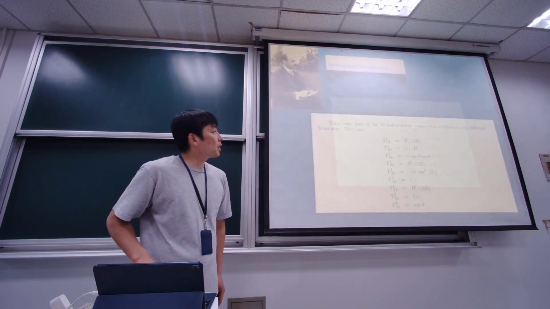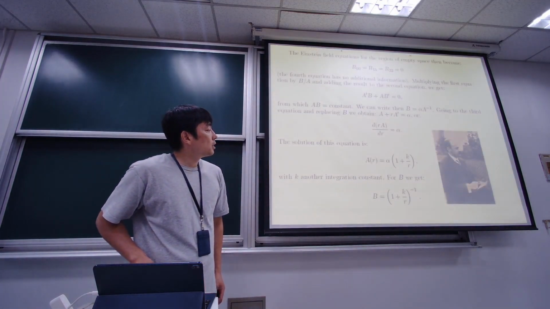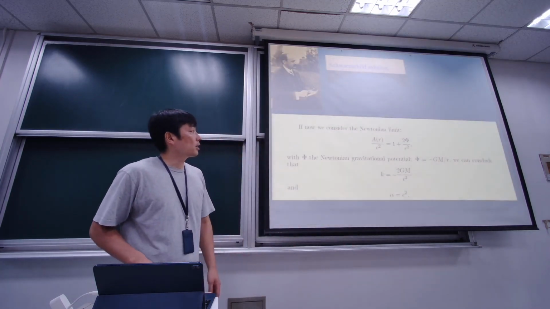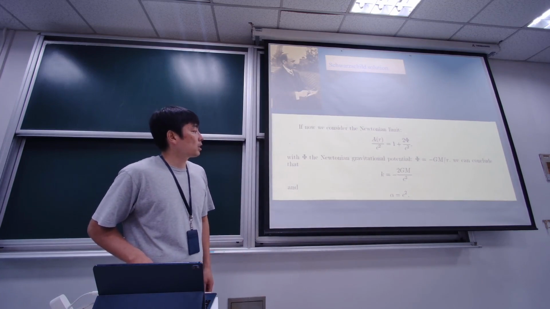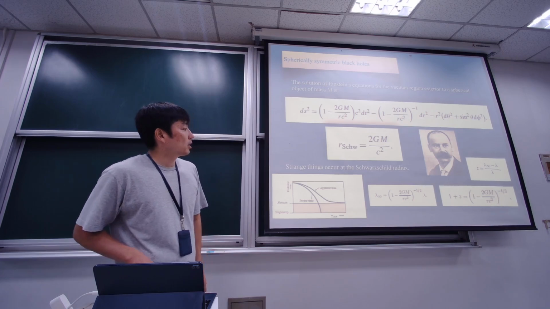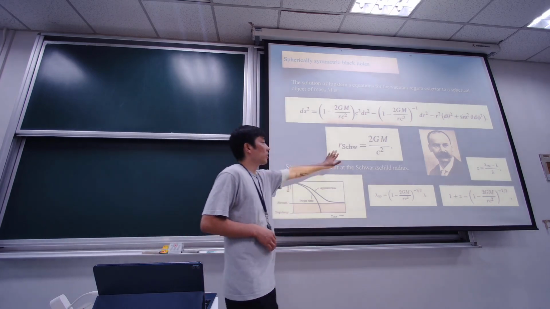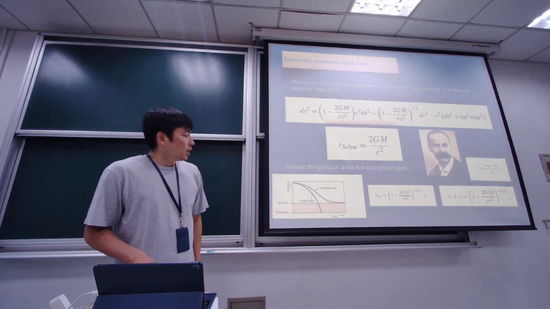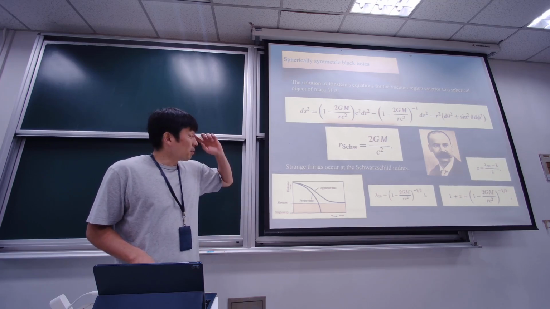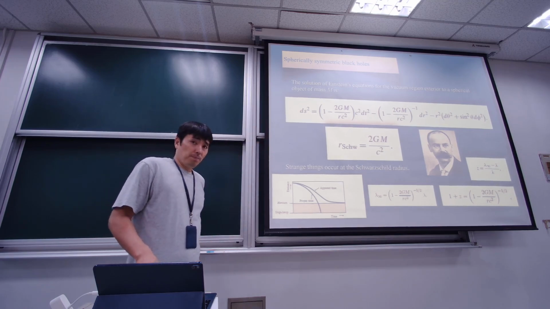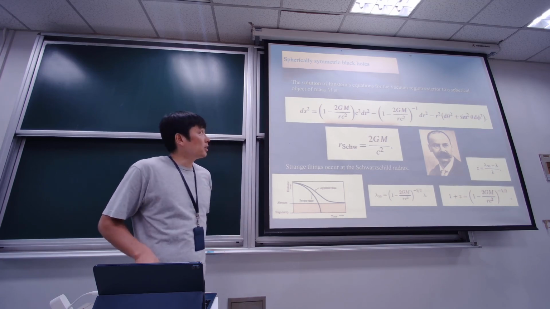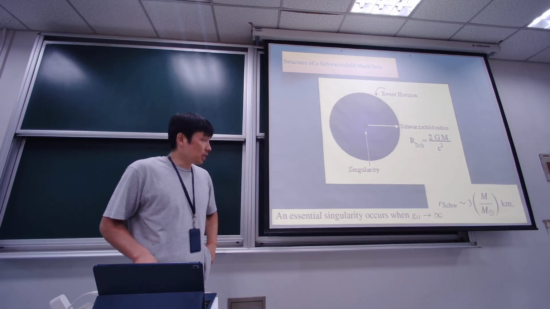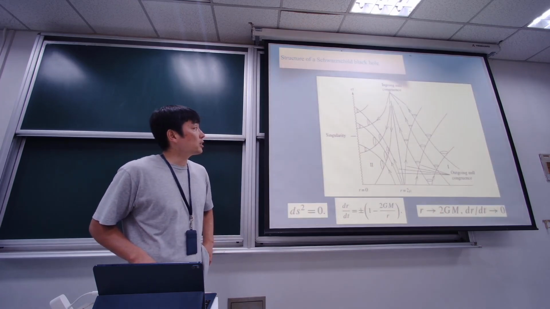And if you solve it, you will get the Schwarzschild radius and so on. Okay, so that's what he derived. The Schwarzschild radius is 2GM over c squared. And then apparently the metric somehow becomes singular, and the question is what's happening at the radius, the event horizon.